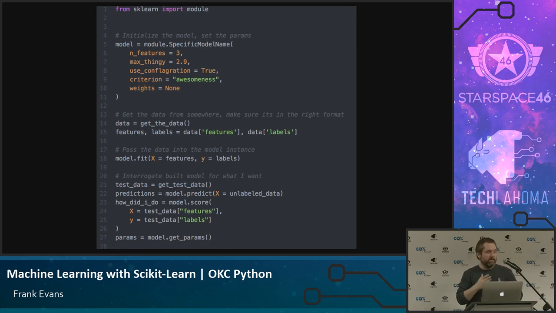Now that can be a two-dimension NumPy array. It can be something that's kind of matrixy. It can be an actual SciPy matrix. SciPy has great stuff for sparse matrices that will respond as though they are a full dense matrix with all the zeros in there taking up your memory space. It plays super nicely with pretty much any matrixy looking thing from NumPy or SciPy. So if you can get into there, you're home free.